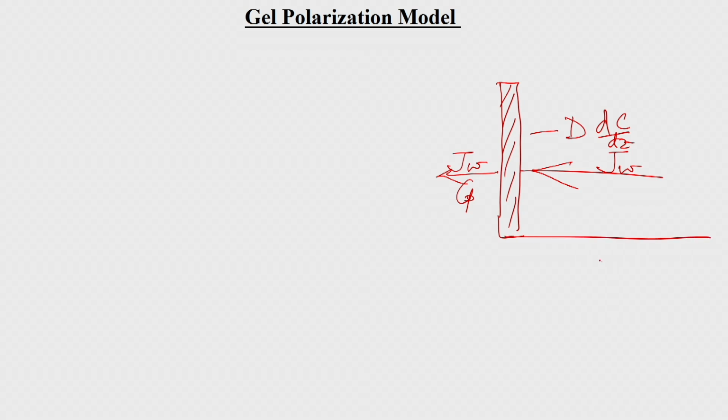and Jw is the flux of the solvent towards this membrane, whatever amount of the solvent is there, and Cp, we assume, will be equal to 0, but for the time being we are keeping it. The back diffusion that I told you about will be D dc/dz. In this z direction, suppose this gel layer or thick layer is formed on the membrane surface, and then the concentration profile will be like this.